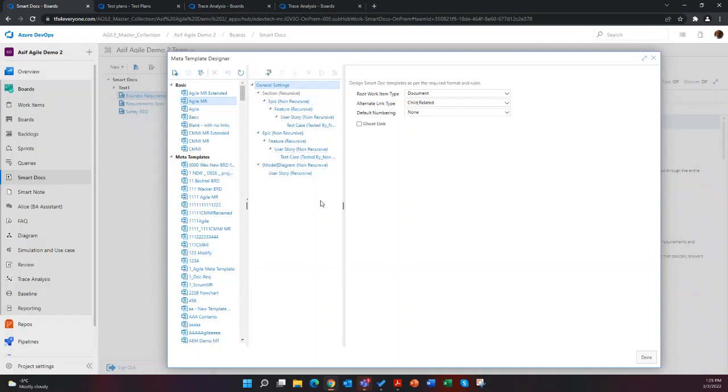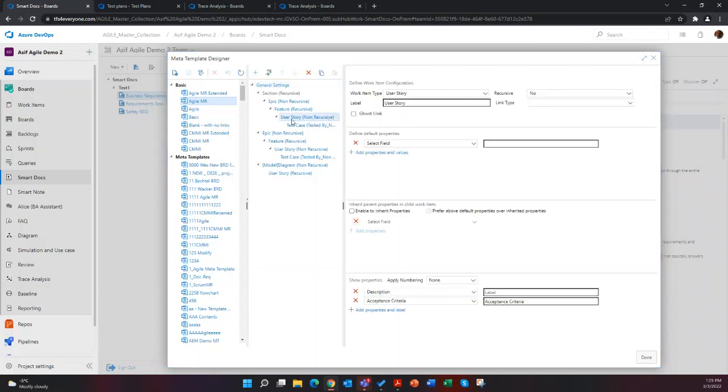In this template, I'm saying that the root of the document should be a document work item, that it should use the parent-child relationship, or alternatively related. If parent-child is taken, then I'll use the related link type. It is also saying that when I show user stories, I want you to show a description and acceptance criteria in addition to the default title.